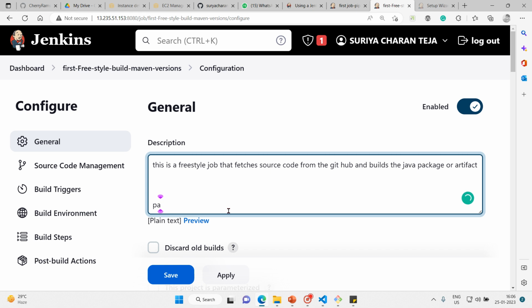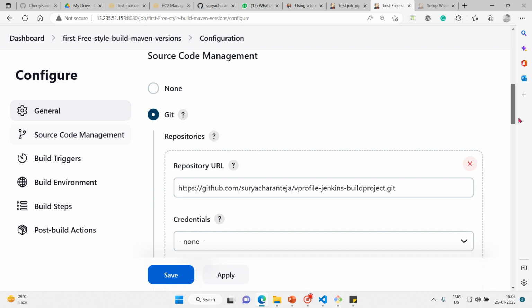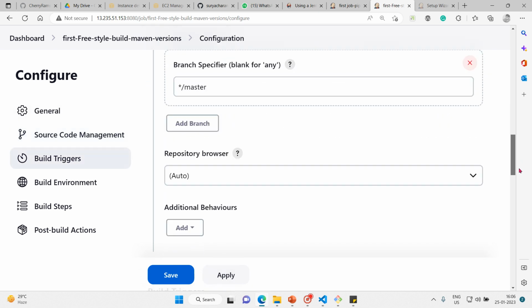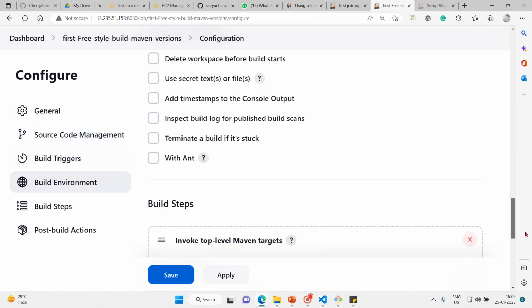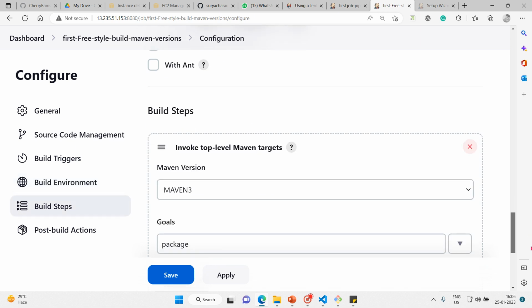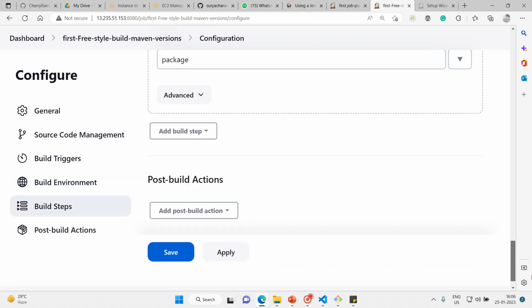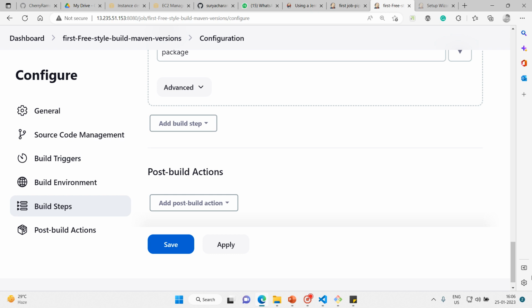Here I'll keep the same thing, versioning the artifact. That's the job we are going to do. We'll keep the git URL the same, branch the same, build environment the same, and the package step the same. As this is versioning using environment variable, now what we have to do is,